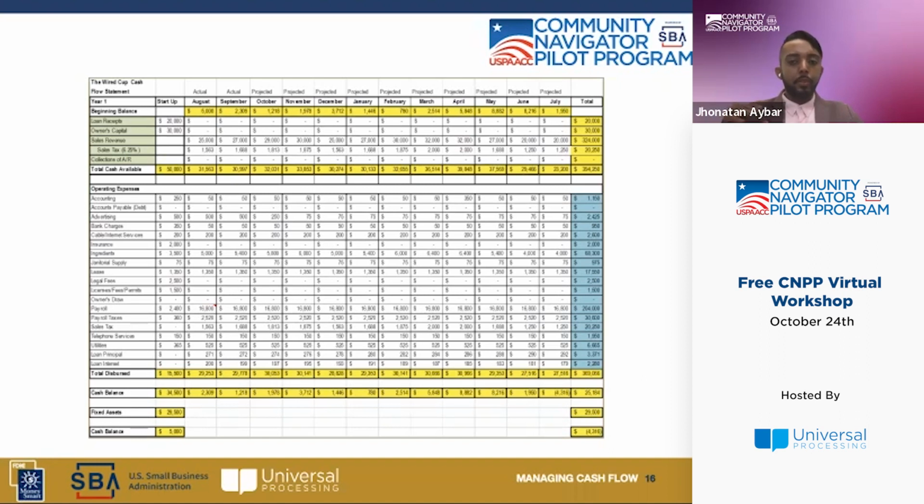So for example, if Bob creates a cash flow statement with the worst scenario, where he is having some negative numbers towards the end of the projection, then he has to take action to decrease his costs and increase his revenue. That's the basic activity that he has to do, but there are a lot of other steps that need to take place in order for Bob to be able to resolve this.